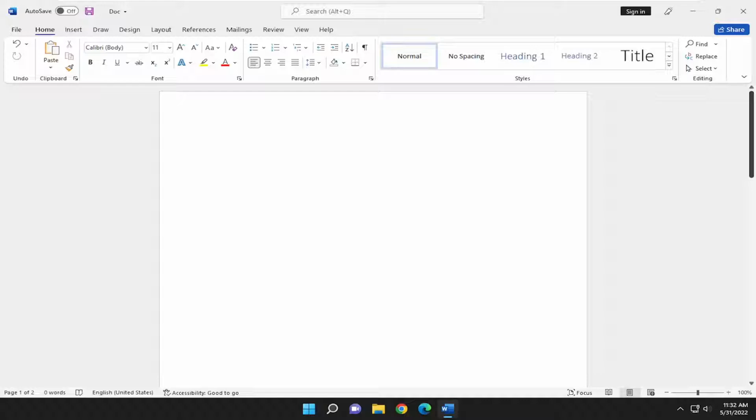In today's tutorial, I'm going to show you guys how to check spelling and grammar in Microsoft Word. So this should hopefully be a pretty straightforward process here, guys, and without further ado, let's go ahead and jump right into it. So all you have to do is open up Microsoft Word, select the File tab up in